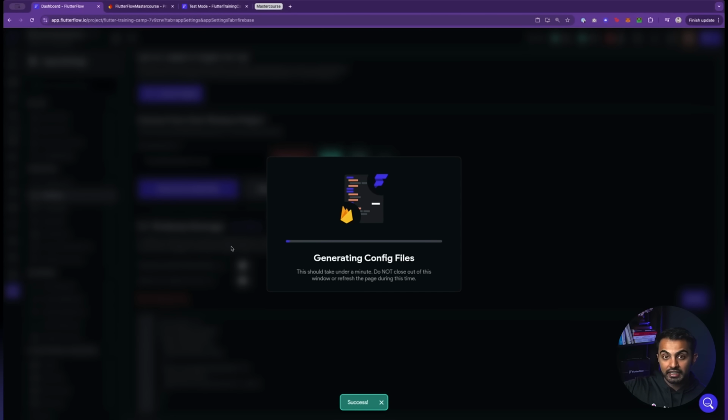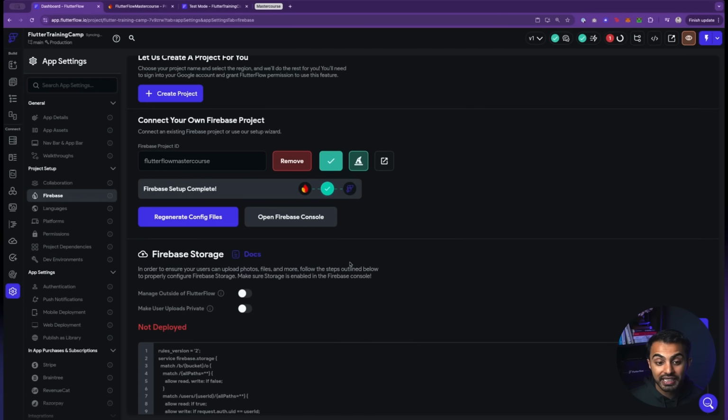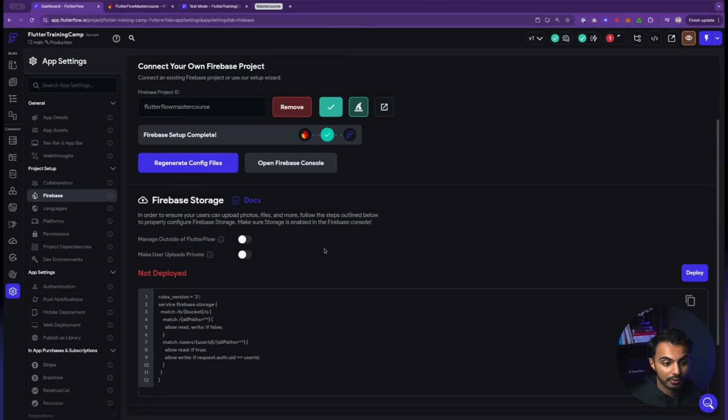This is writing a file in your Flutter code that has all the information about your Firebase setup. Like I said, FlutterFlow is just generating the code. So if anything ever goes wrong, it's important that you come back to this Firebase settings tab and regenerate the files, because that could be the solution to a lot of your problems.